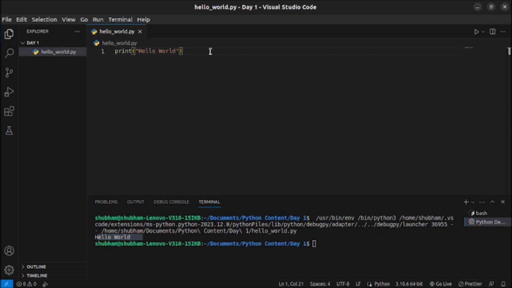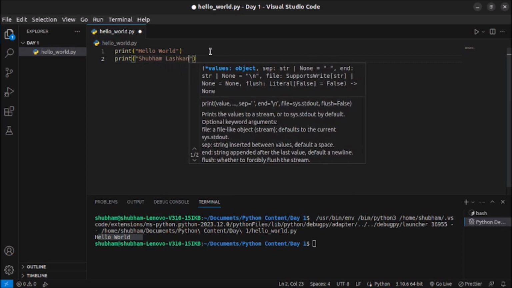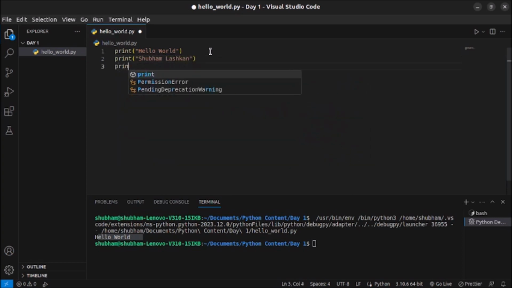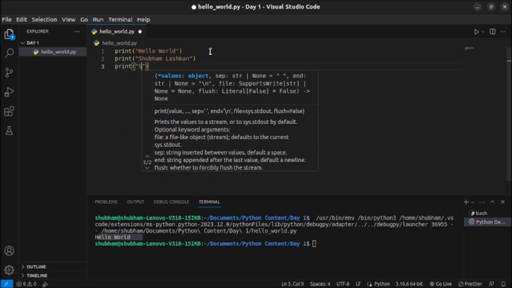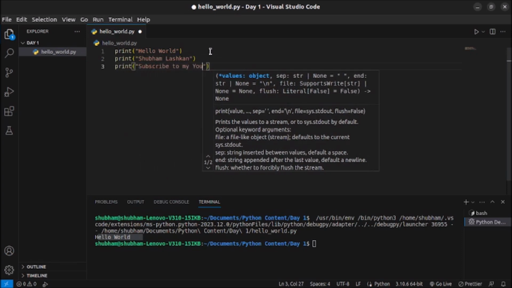Now let's try to write some more print statements. So I will write print my name, which is Shubham Lashkan, and let's also write one more statement, which is subscribe to my YouTube